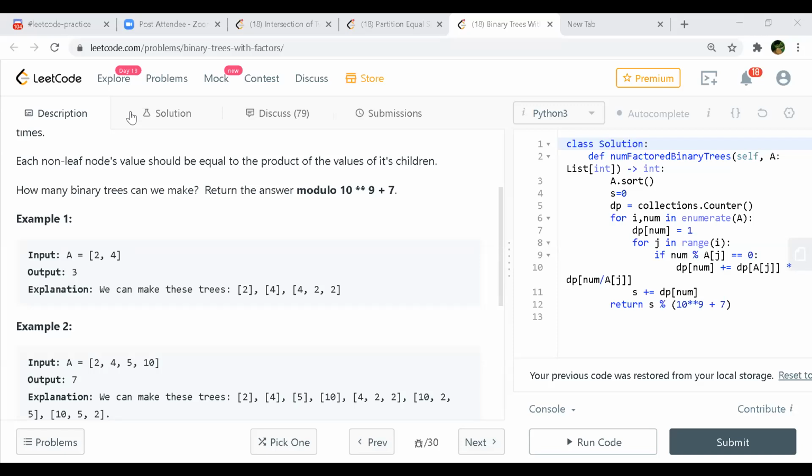Actually, his approach is correct, right, Ashutosh? But you are saying we do a reverse descending order sorting, right? 10, 5, 4, 2. That is fine. But then you start with 10 as a root, and then you go down. So you are considering only 10. But then what will happen? This is a smaller input array, but if we have a bigger one, you are missing the smaller subtrees also, right?